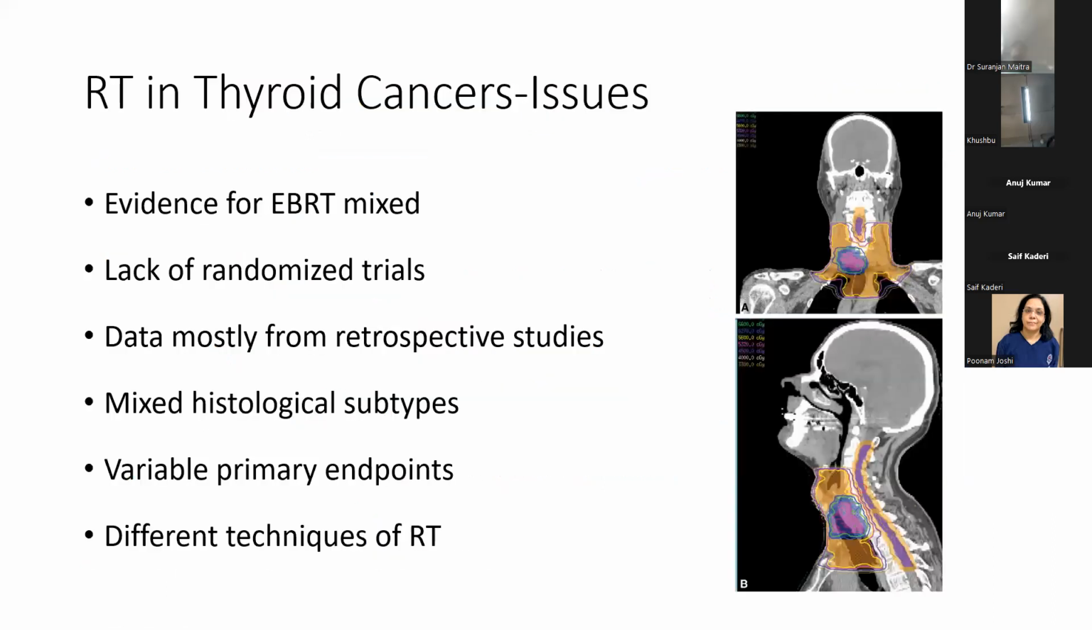So coming to radiation therapy as such in thyroid cancers, there are various issues. We know that the evidence for external beam radiation in thyroid cancers is mixed because we have a lack of randomized evidence. The data that we have is mostly from various retrospective studies, and those have included multiple histological subtypes. There are variable primary endpoints, and different techniques of radiation have been used, mostly the conventional ones. So these are some of the issues that we face while we discuss EBRT in